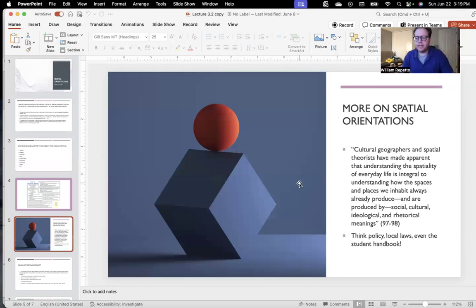So here's a little bit more that Hurley writes about spatial orientations. She says that cultural geographers and spatial theorists have made apparent that understanding the spatiality of everyday life is integral to understanding how the spaces and places we inhabit always already produce and are produced by social, cultural, ideological, and rhetorical meanings. So I'm not sure if any of you have ever heard the phrase critical theory. Usually you can put a lot of words in between there: critical social theory, critical cultural theory, critical race theory, and so on. But all of these critical theories, and they're all kind of commented on or included here. Really, what they're about is